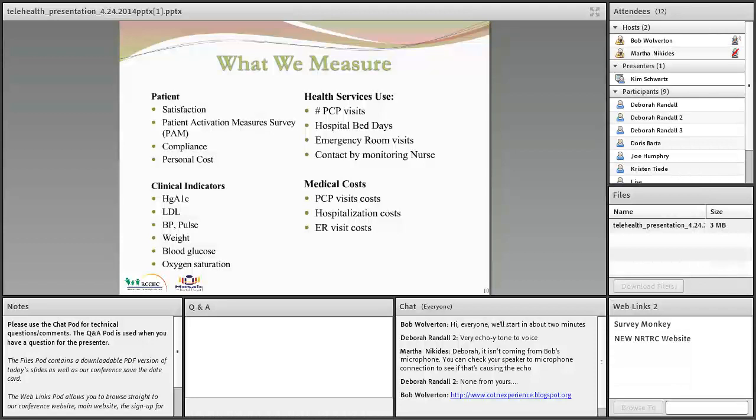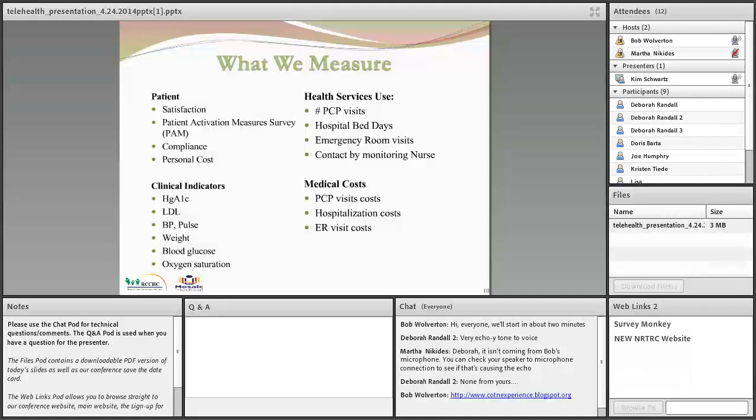Are there any further questions for Kim? Go ahead and enter them. Have you seen improvements in the clinical indicators, Joe asks? Oh yes, significant, and I don't know why I'm missing that graph on there. On the weights, we're dealing with COPD patients and chronic disease patients, so about a 2 or 3% reduction.